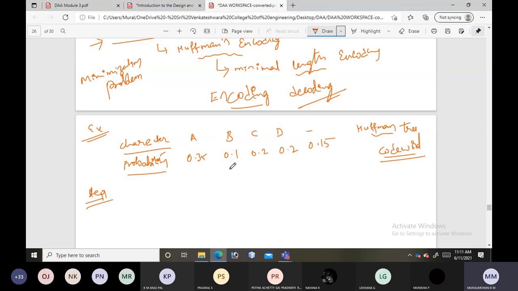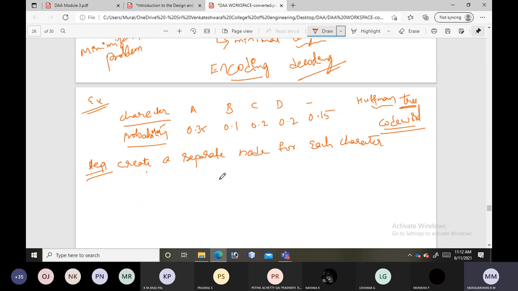Are you following? Kindly respond, please. Since we are going to build this tree, we will create a separate node for each character.